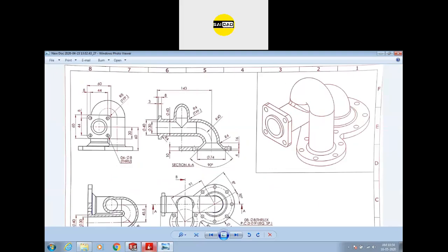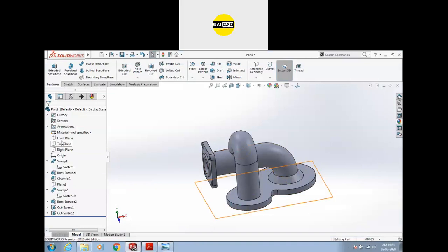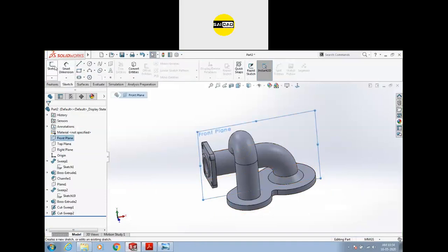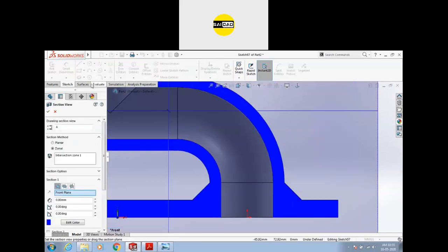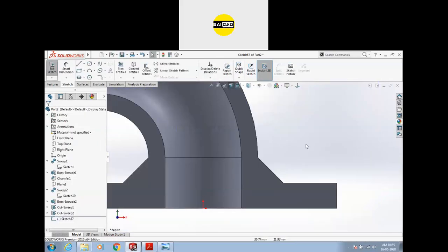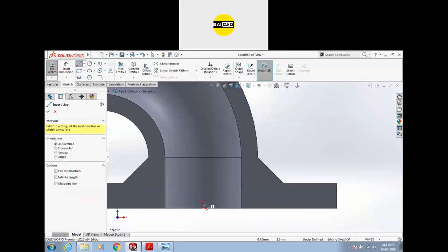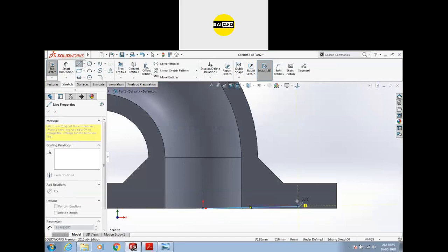So I'm going to create that with the help of the revolve command. You can see the section also, and just going to create that like this.